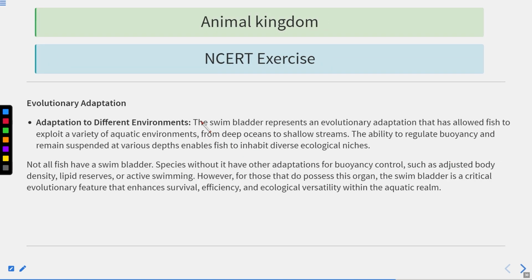Adaptation to the different environment. So the swim bladder represents an evolutionary adaptation that has allowed fish to exploit a variety of aquatic environments, from deep oceans to shallow streams. You can see that there are different types of fishes. Some fish are bottom feeders, whereas some can live in shallow water streams. This ability to regulate buoyancy and remain suspended at various depths enables fish to inhabit diverse ecological